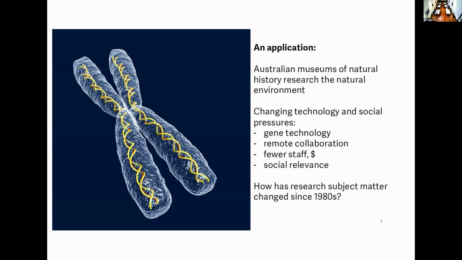So these are institutions that research the natural environment with a particular emphasis on animals. And we felt that there had been some changing pressures and opportunities since the 1980s. To begin with, that period has seen the absolute flowering of gene technology, and that provides a lot of tools that are pertinent to the core museum mission of cataloguing living organisms and working out how closely related they are to each other. That period has also seen the blossoming of conservation biology as a science. So we thought those things might impact what topics people were researching.